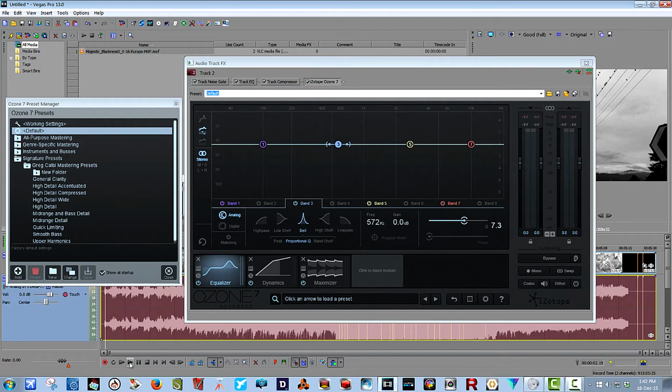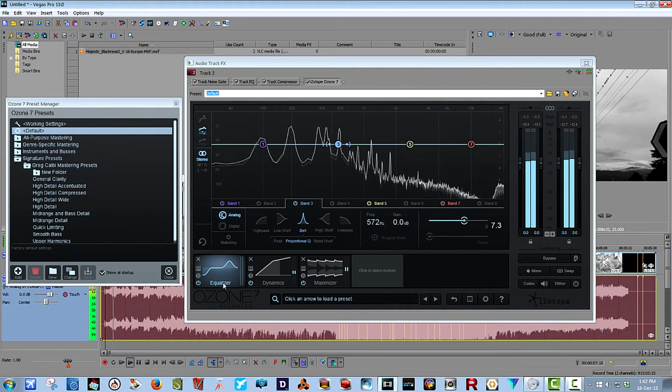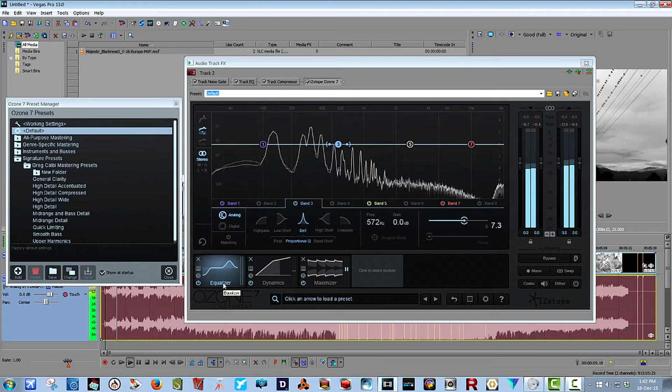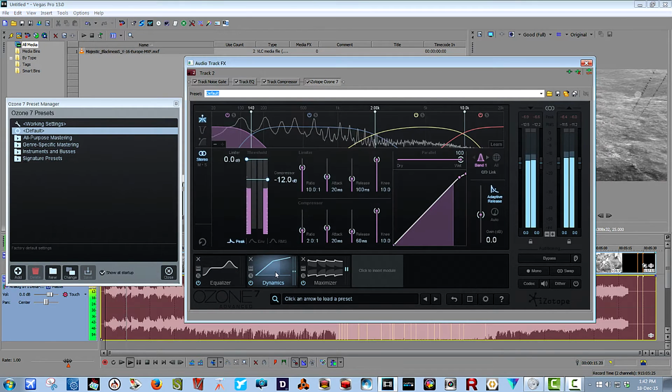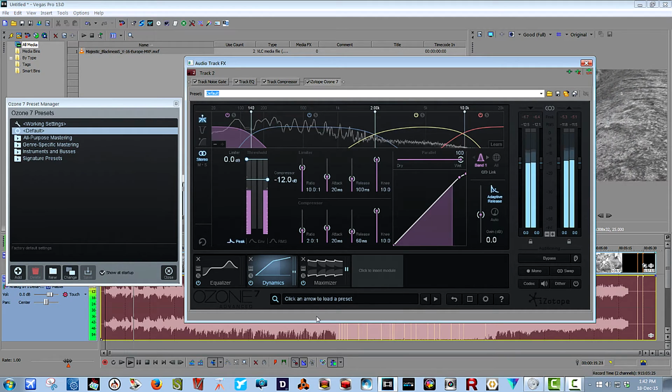All displayed in various ways to give you complete control, either by doing it with your mouse or by doing it with actual numerical entry. So we'll play the music, and here comes the waveform. We're in the equalizer module at the moment, and so you can see there's 4 out of the 8 possible sections selected. There's dynamics, showing the dynamics pane, then the maximizer pane,